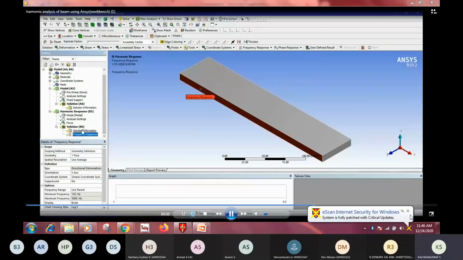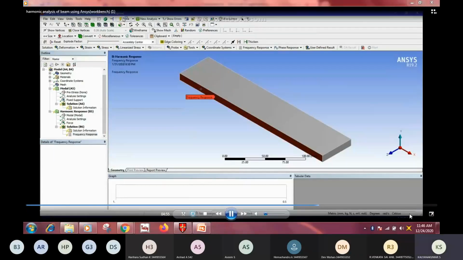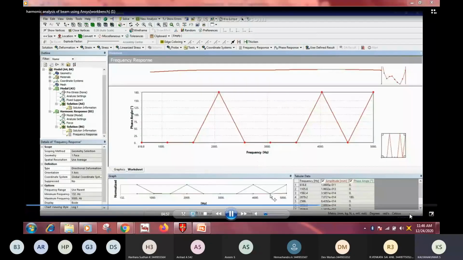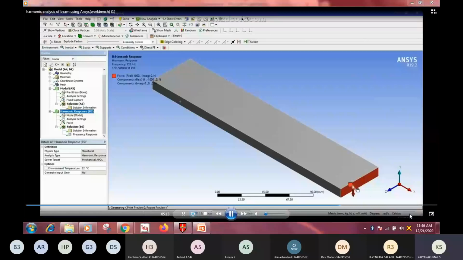Just a minute. Then you can see the frequency response loading. You can see the frequency response from 1000 to 5000. I can see the various phase angles of the frequency response. It looks like a harmonic, which means like a V shape or maybe a curvature. So we can see the response. The harmonic response is made here.